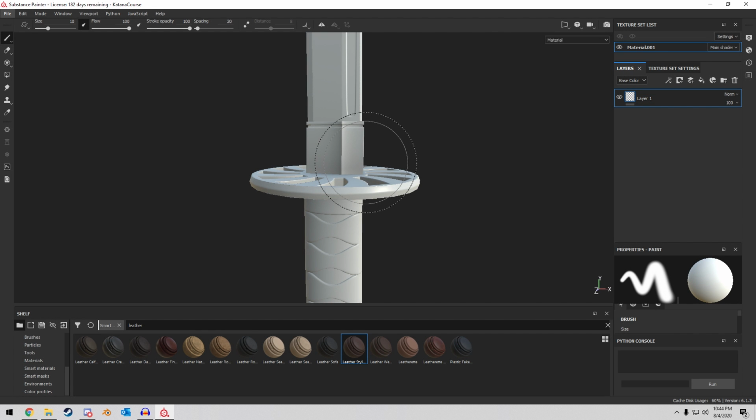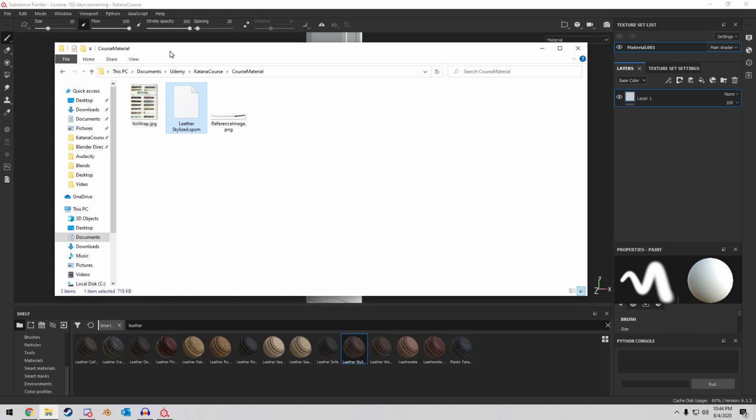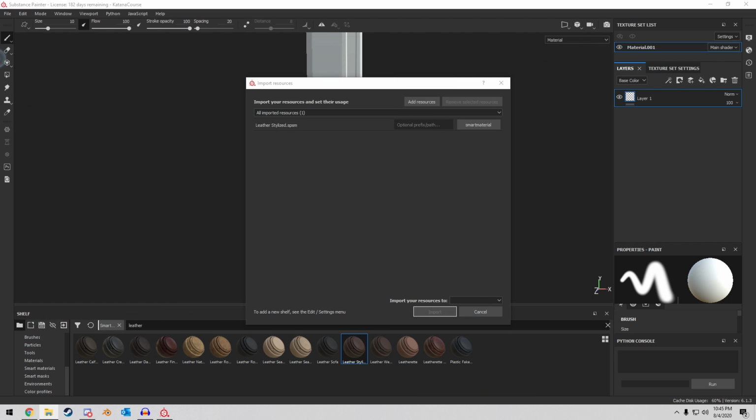Welcome back. In this chapter, I'm going to show you how to import smart materials into Substance Painter. So navigate to your course directory, your course materials. If you want to bring in the ones I have given you, we'll go ahead and just do this leather stylized. Drag and drop it into the shelf in Substance Painter, and you get a window that says import, and